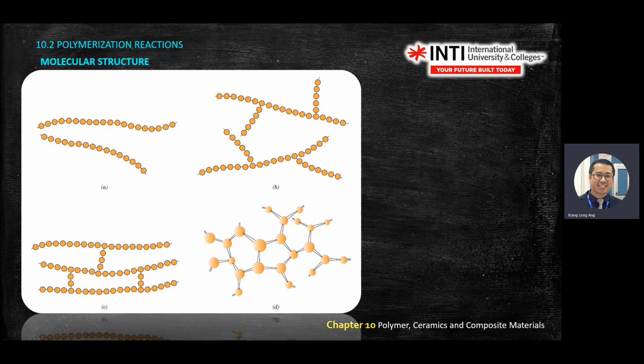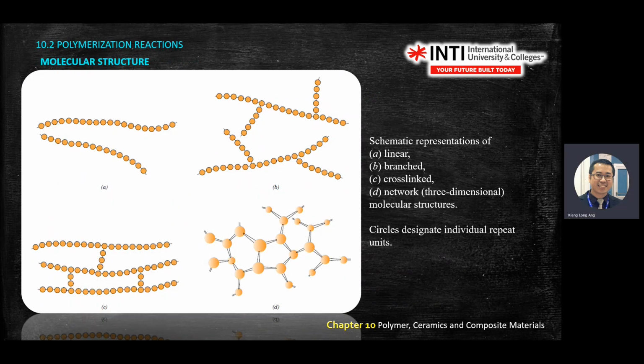So same, this one also has the same microstructure. So you have linear, branch, and cross link, which means they join the top and the bottom. They join as a cross link, and then network. Network is a 3-dimensional structure. Okay, so this is on the